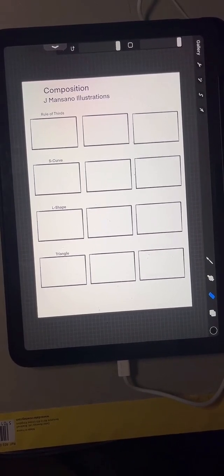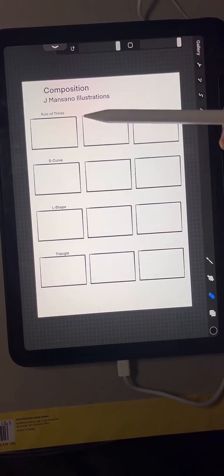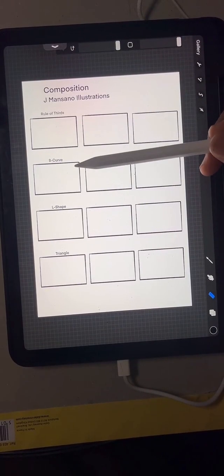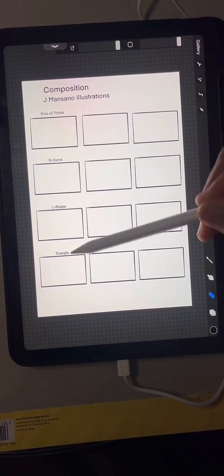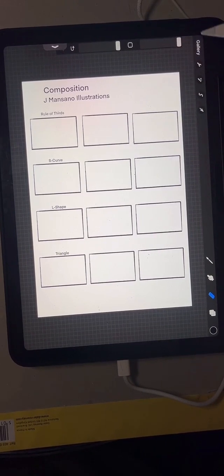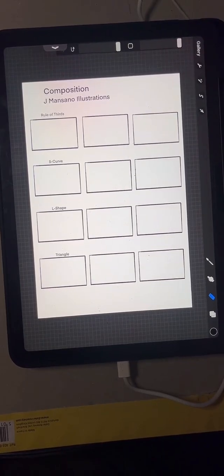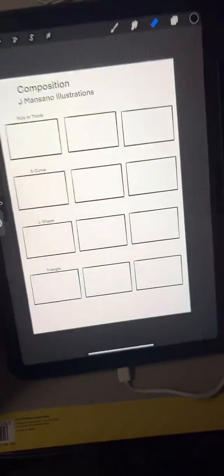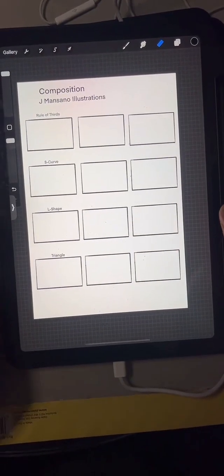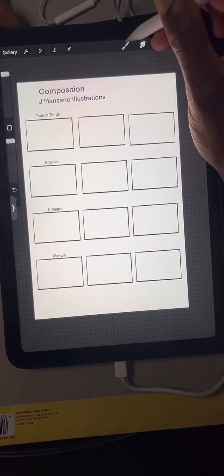Right, cool. So, as you see here, we've got rule of thirds, S-curve, L-shape, and triangle. These are all composition techniques that many artists use in their work. And I will give you an example of how each one can be used. Yeah? So first of all,